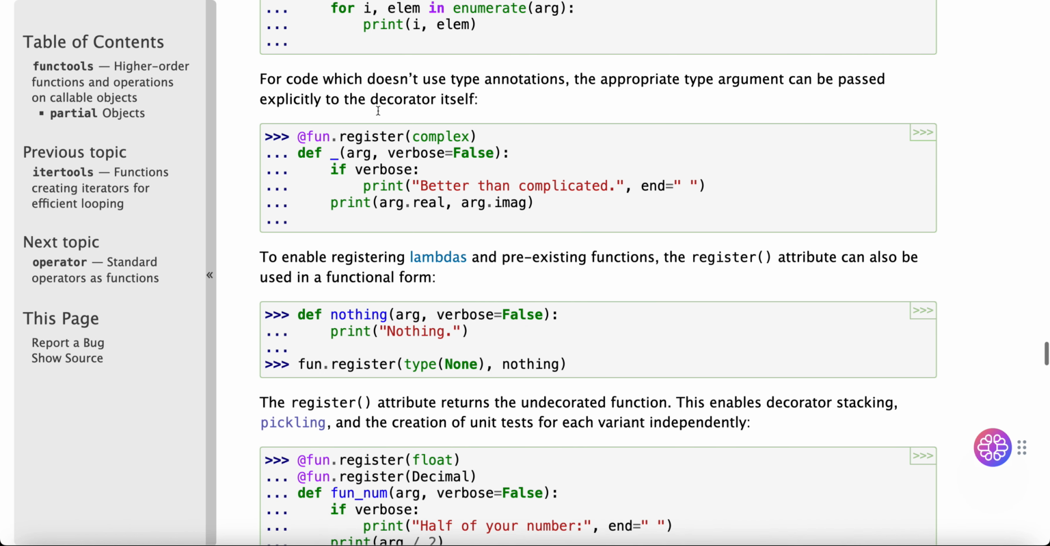For code which doesn't use type annotations, the appropriate type argument can be passed explicitly to the decorator itself. @fun.register(complex) def _(arg, verbose=False):